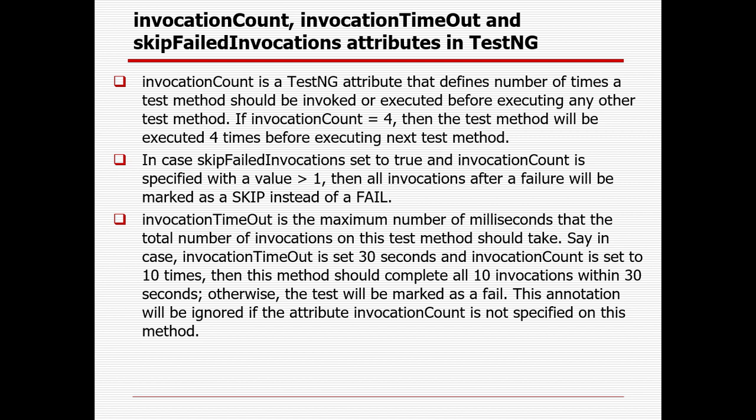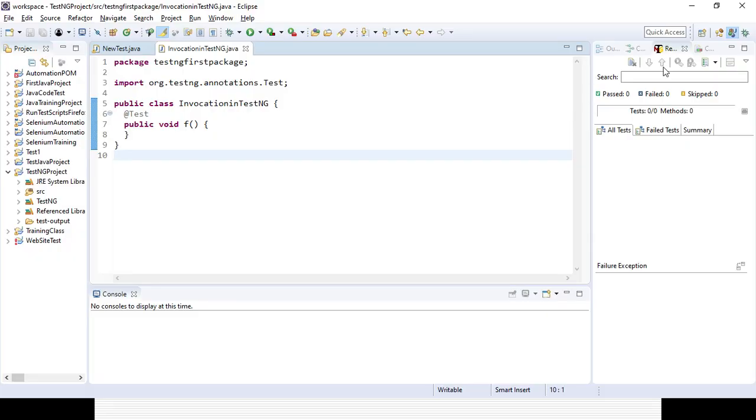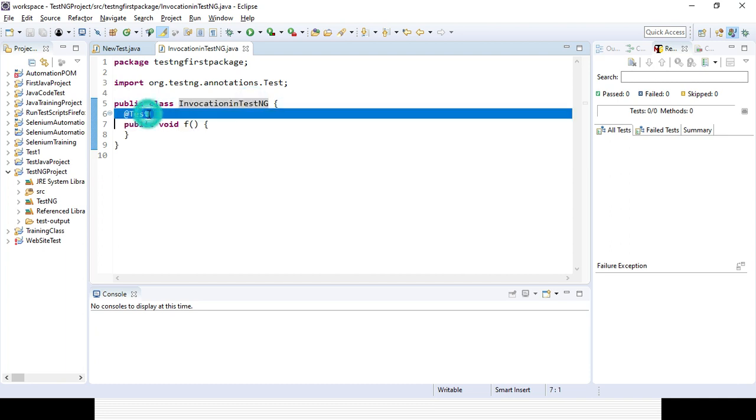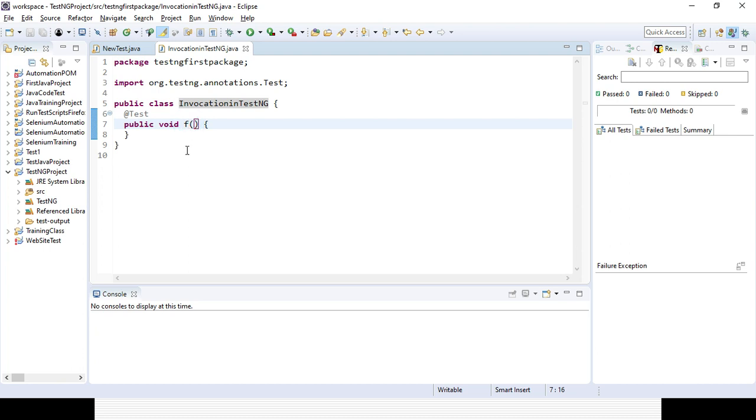Here I will show you in Eclipse how you can introduce the invocation count and implement it in the TestNG framework. I have created a TestNG class called invocation in TestNG. By default the @Test annotation is there, so I can change the method name to invocation attribute.